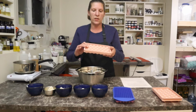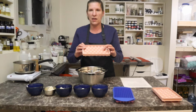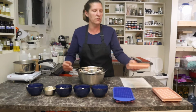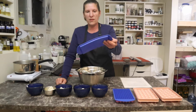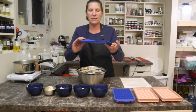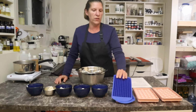I also will use these round bath melts for when I make my clam bath bombs, because I use those as the little pearl inside the clam bath bombs. I make them in these little embed trays. But I don't use this size for in my bath bombs. You absolutely could. But what I use it in,